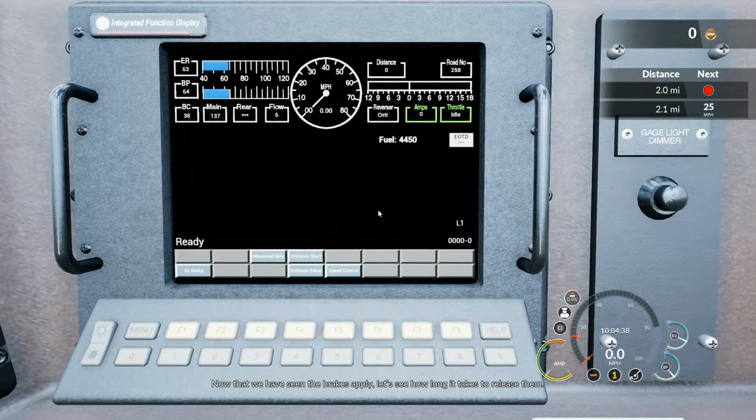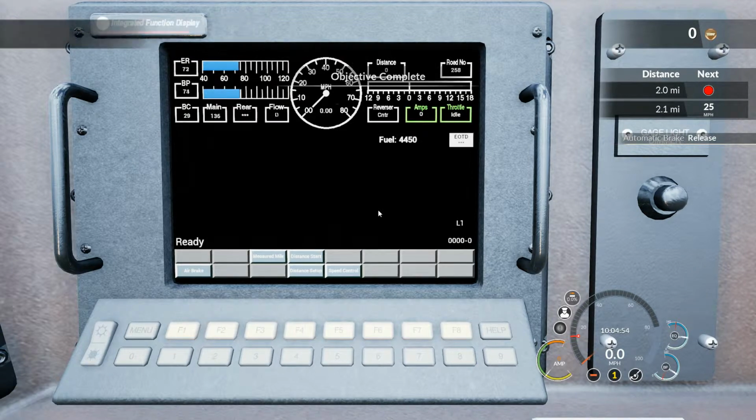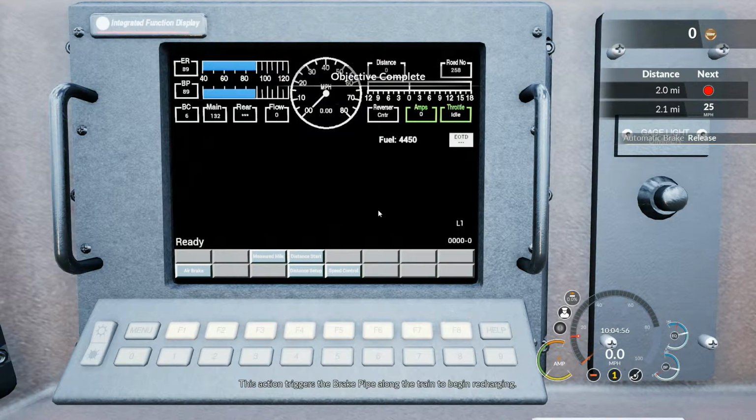Now that we have seen the brakes apply, let's see how long it takes to release them. Using the auto brake, set the equalizing reservoir back to its previous position. This action triggers the brake